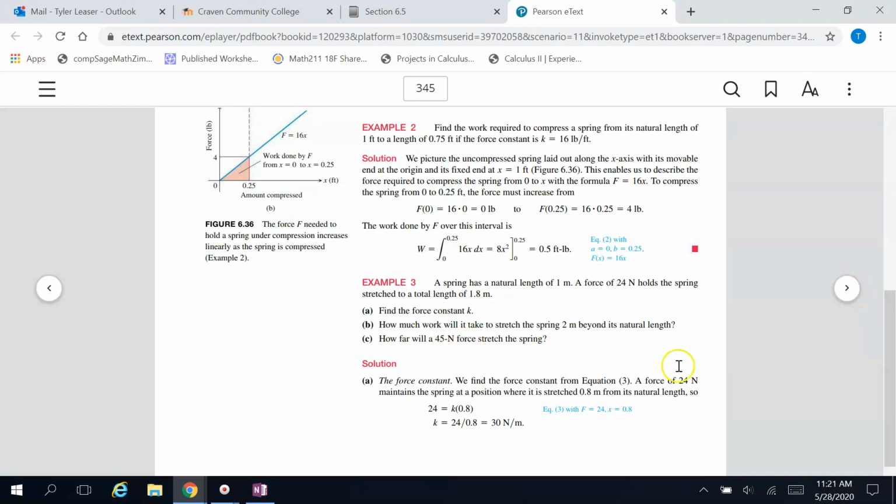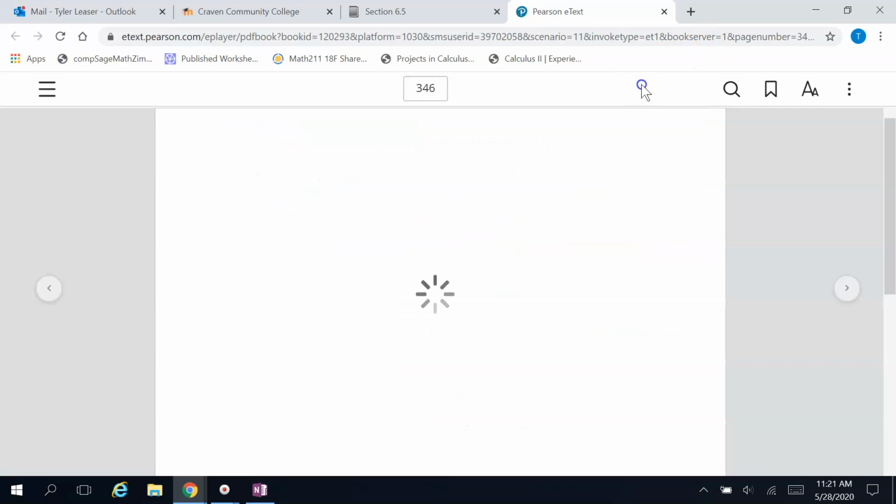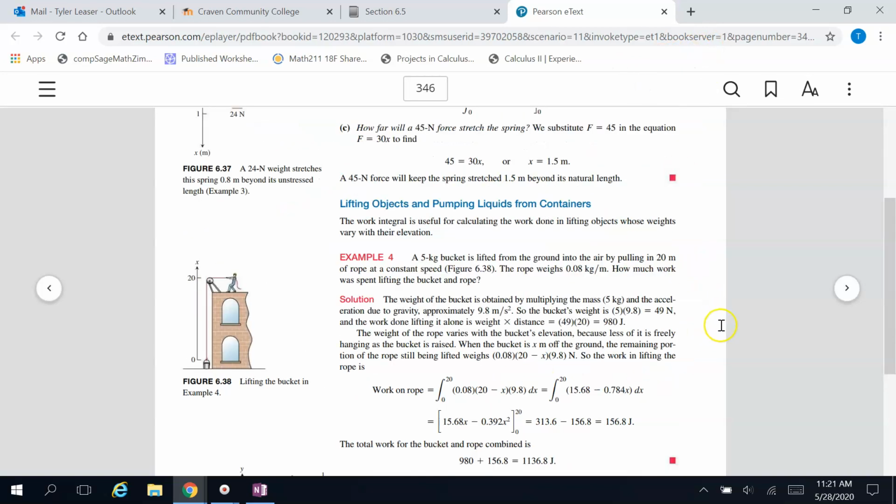Okay, so I'm not going to do that one, but if you're confused about it, just look through the book's example here. I want to do one a little bit more complicated because these do get kind of hard. So let's do this question here together, and then there's another one right after this that we'll probably do in the same video. So example 4, a 5 kilogram bucket is lifted from the ground into the air by